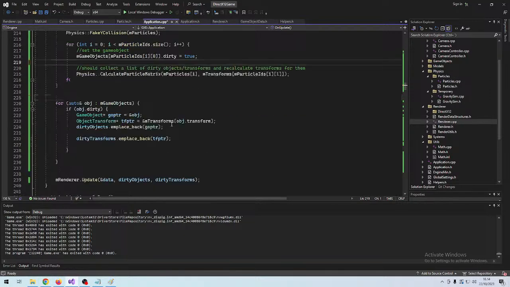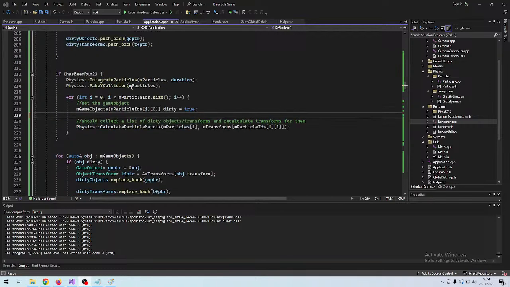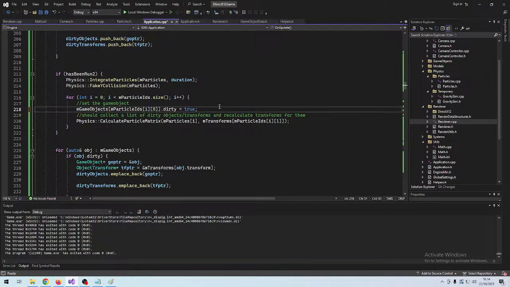Yeah, great. So now we have dynamic updating of our particles. Whenever a particle is updated,